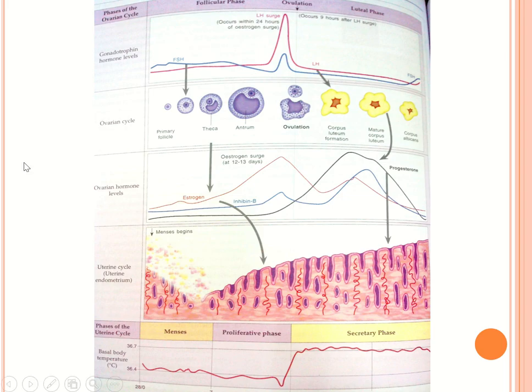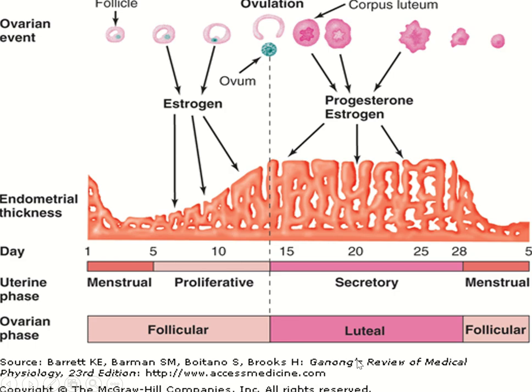So now just to summarize the changes which happen during the menstrual cycle. One is the uterine changes: the menstrual phase, proliferative phase and secretory phase. Hormonal changes: estrogen predominates during the proliferative phase and progesterone predominates in the luteal phase. In the ovary you can see the follicles are growing. On the 14th day ovulation happens. This is your follicular phase prior to the ovulation. After ovulation we call it the luteal phase. And basal body temperature, as I mentioned, under the influence of estrogen, temperature will be less, but because of progesterone, because of its thermogenic action, the body temperature increases after ovulation.